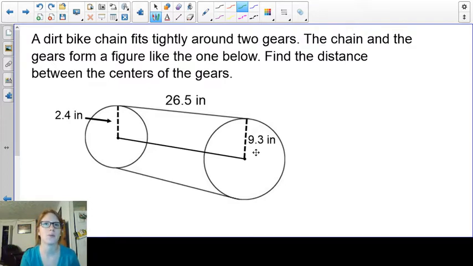So we know at some point we're going to need to do something with our tangent lines. What I'm going to do is subtract this piece here, my 2.4 inches, from my 9.3. And when I do that, it ends up giving me